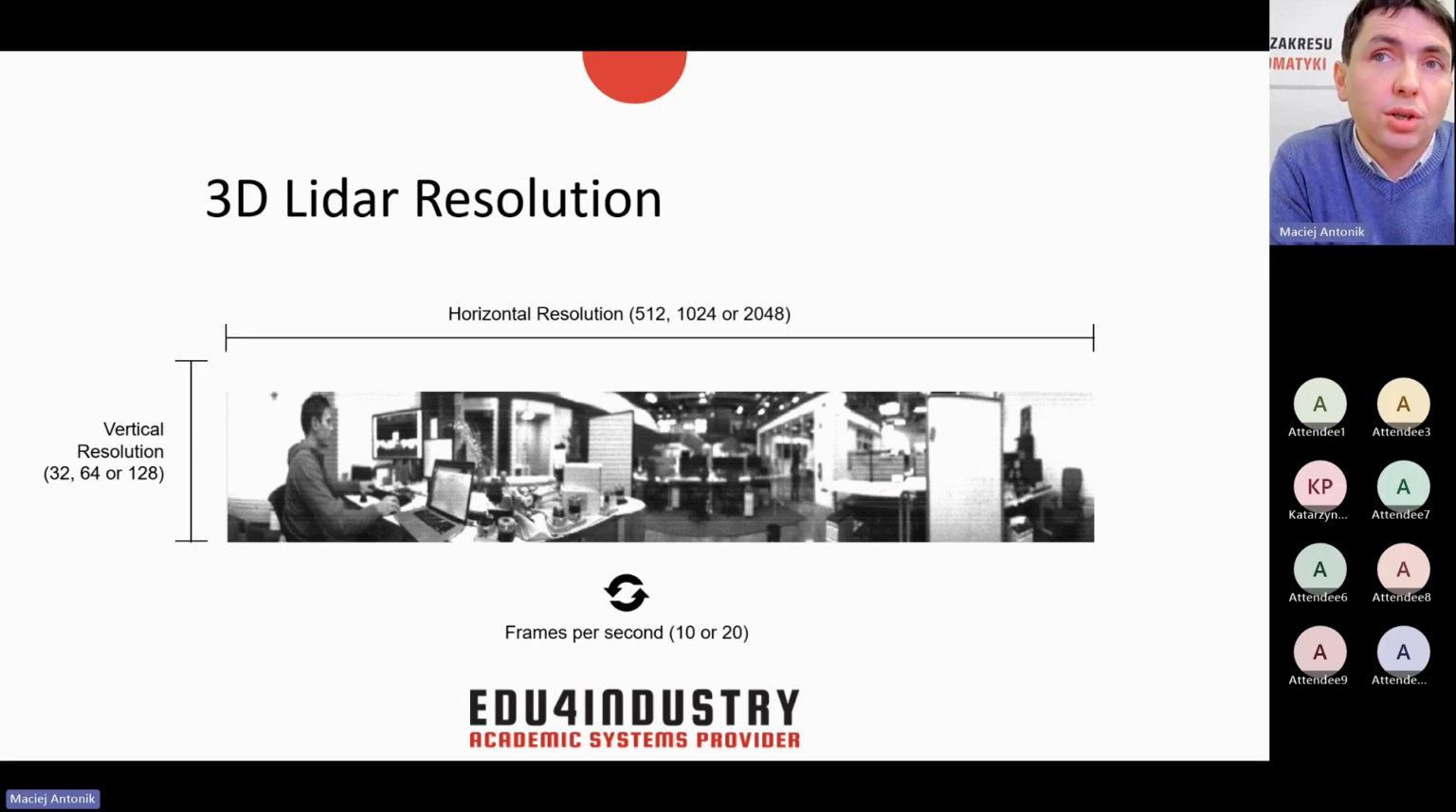So what's the resolution of a LiDAR? For example, on Ouster LiDARs, the resolution of the point cloud, or the image that we're getting from the LiDAR, is defined by horizontal and vertical resolution. Horizontal resolution is the number of samples that we take per full revolution of the LiDAR, right? Since we're getting 360 degrees of horizontal field of view, this means that